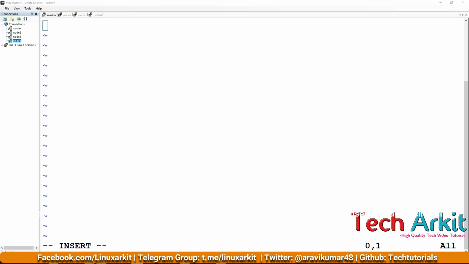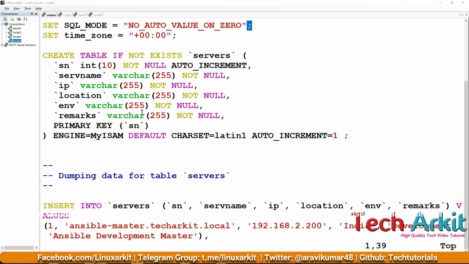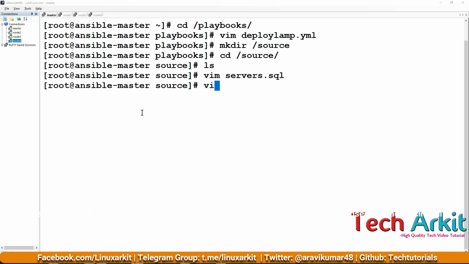This contains the data to create your MySQL database, table, and insert some data in it. So this is the query here, which contains the information like this. The table is going to be created for the servers and all of this stuff here. Okay, now I'm just going to save this one, and I'm just going to create one more called